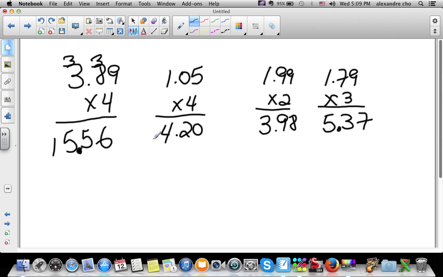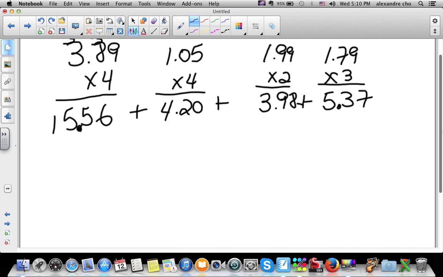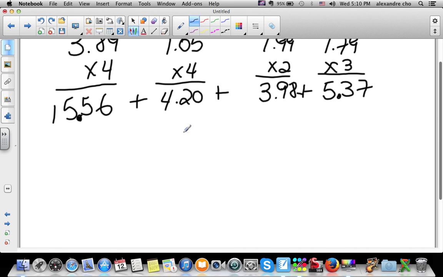So the total, I'm still not done because this is just the total value of each item that I'm purchasing. Addition, addition, and addition. So if I were to add all those numbers, I'm going to line them up, and I'll do that a little bit at the bottom. And you got 15.56, 4.20, 3.98,